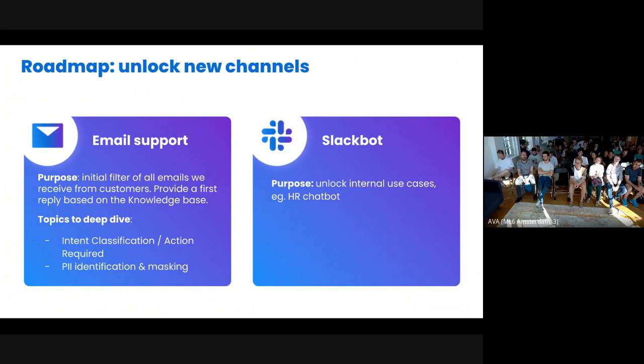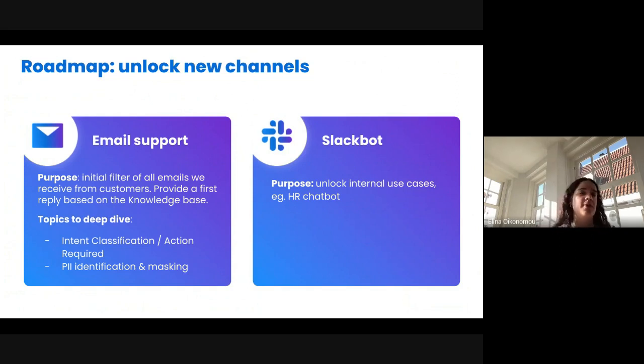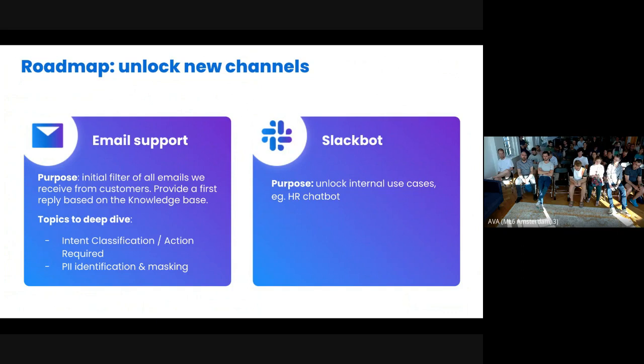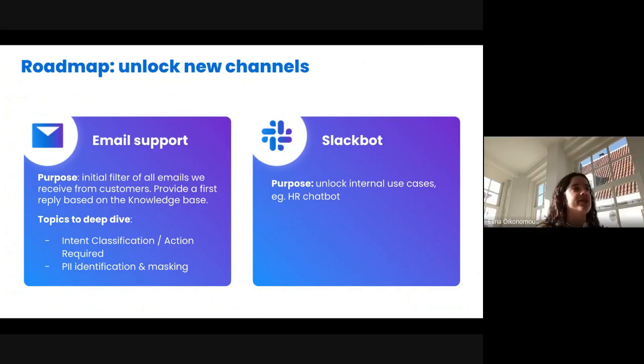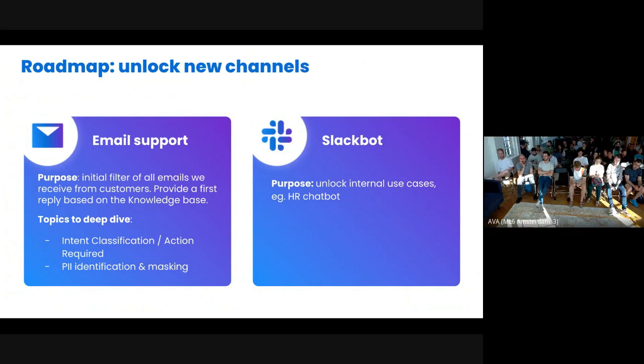We want to unlock new channels. So I think integration is very important here. We're building our email support because most of the requests that we get are still through email and not as much through the widget. We're building a service that does the first filter of this. In case a request can be answered from the knowledge base, it generates a response and sends it via email. And if not, and if an action is required,